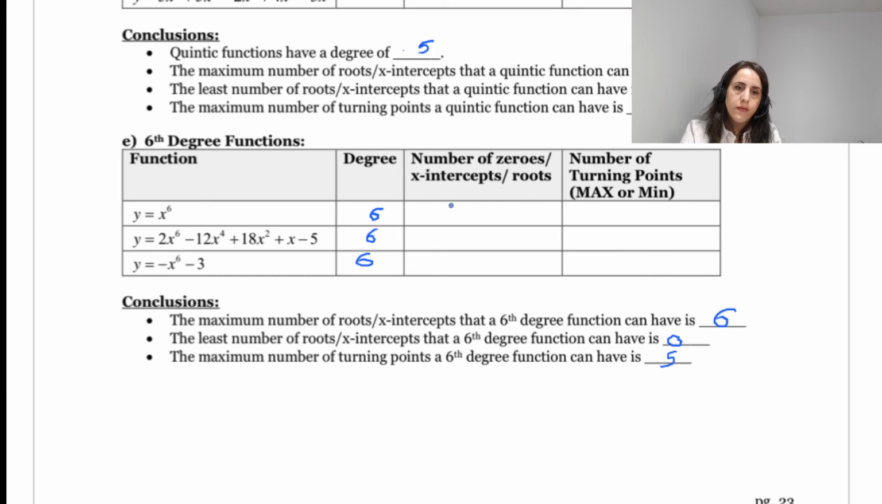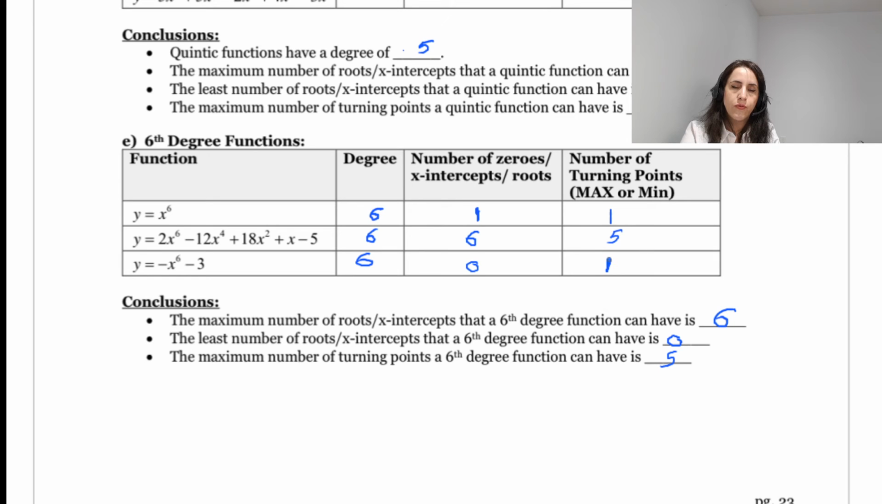For the first one, the number of zeros that I got here is 1, and for the number of turning points, I found 1 minimum, an absolute minimum. For the next one, I'm hoping that I'm not going that fast. You are following me. For the next one, I have here 6 x-intercepts, and I have 1, 2, 3, 4, 5 maximum or minimum. For the last one, the number of zeros is 0, and for the turning points, I have